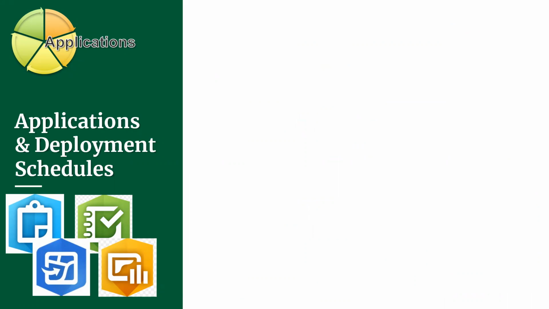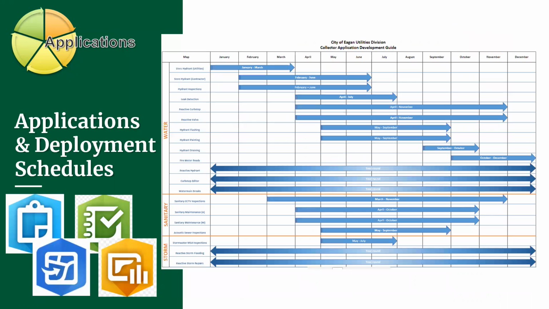So the nice part about using these apps is we can duplicate them pretty easily for various workflows and tasks, and then we can customize each program we were trying to work with. So one thing that's been really helpful for us is we started to get a lot of apps. As you can imagine, it gets to be a lot to manage. So we put together a timeline so that we can visualize when the apps are available, when they're going to need to be ready to be available, and our management team and field staff can also see what things are coming up and when they might need to contact us to make any changes.